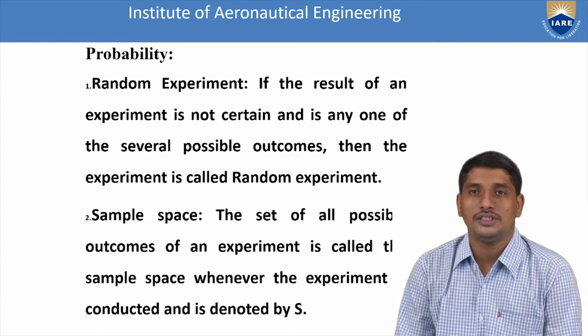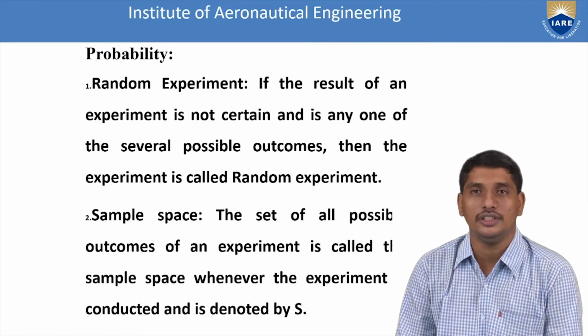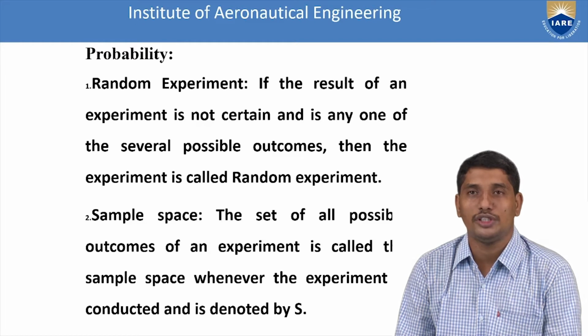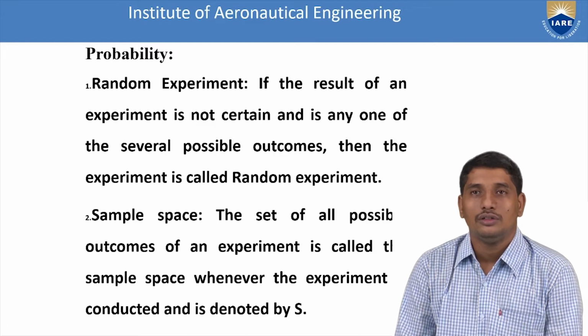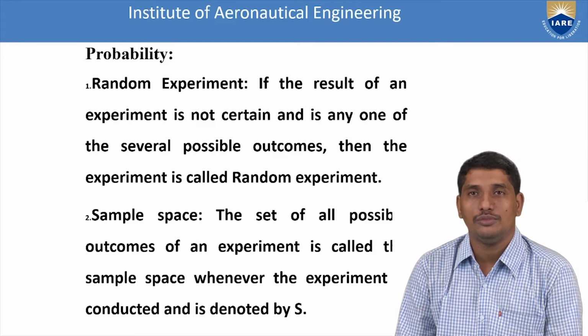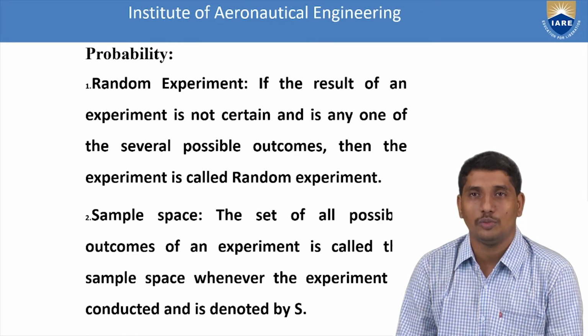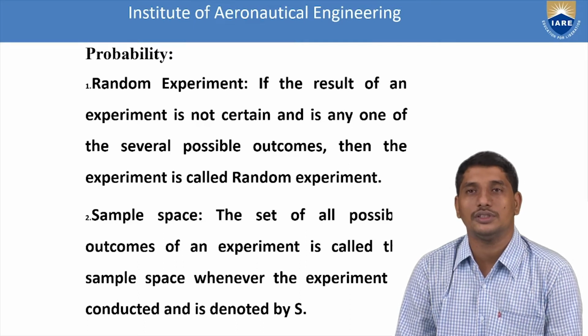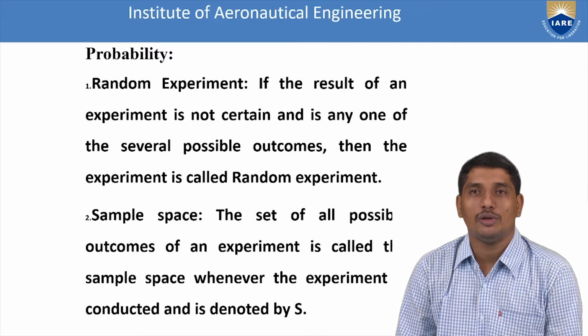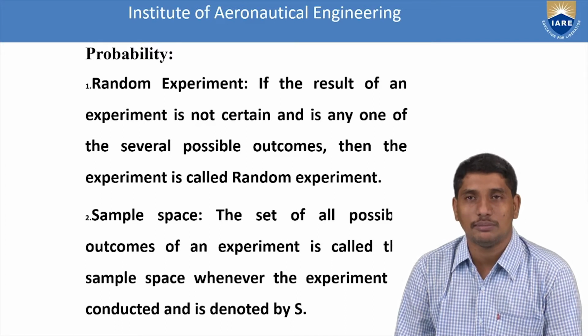Sample space. The sample space is nothing but the set of all possible outcomes related to the random experiment. If you toss two coins at a time, you will get the possibilities head tail, head head, tail tail, and tail head. In that way you can list out all the possibilities of the sample space associated with any random experiment. Random experiments include competitive situations, games, sports, exams, business situations, or political elections. The set of all possibilities related to the random experiment is known as the sample space.